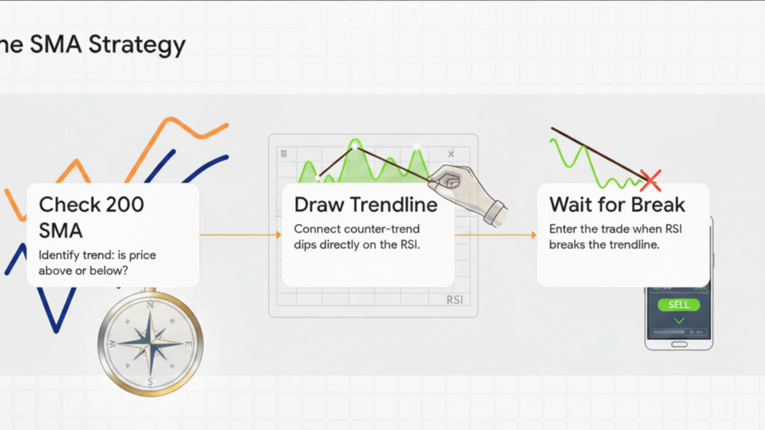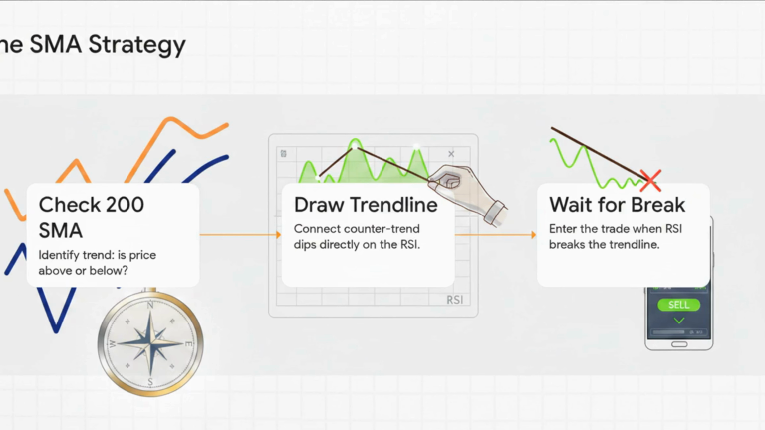Step 2, look down at your RSI. Since you're in a downtrend, any upward movement on the RSI is just a counter-trend dip. You actually draw a physical trend line connecting those little upward waves right there on the RSI panel. And finally, step 3, the exact moment the RSI breaks downward through that trend line you drew, you enter your